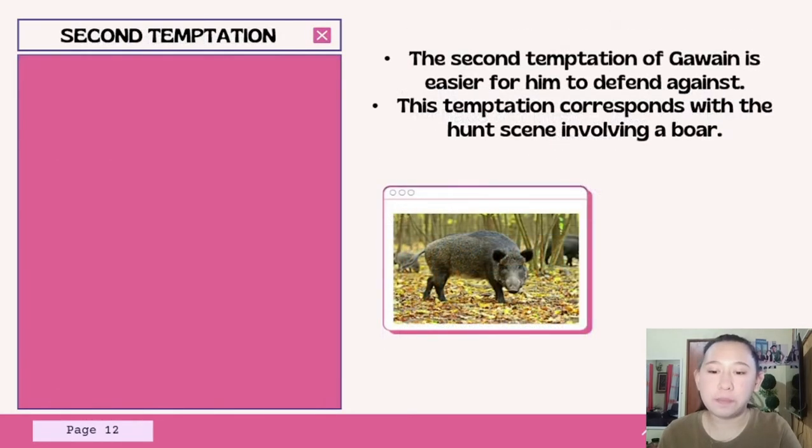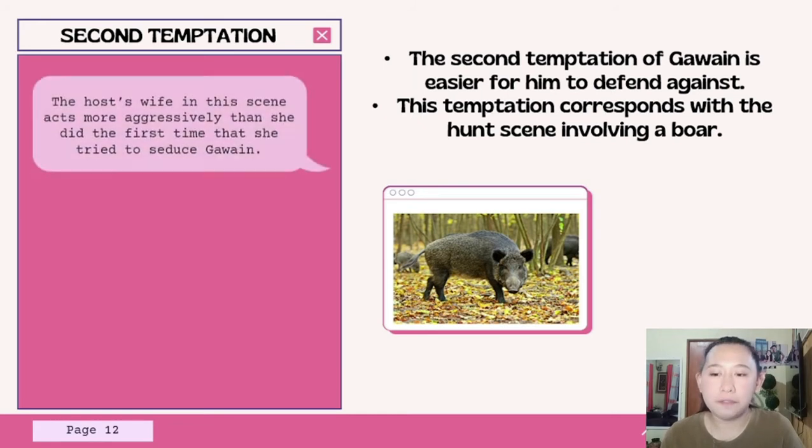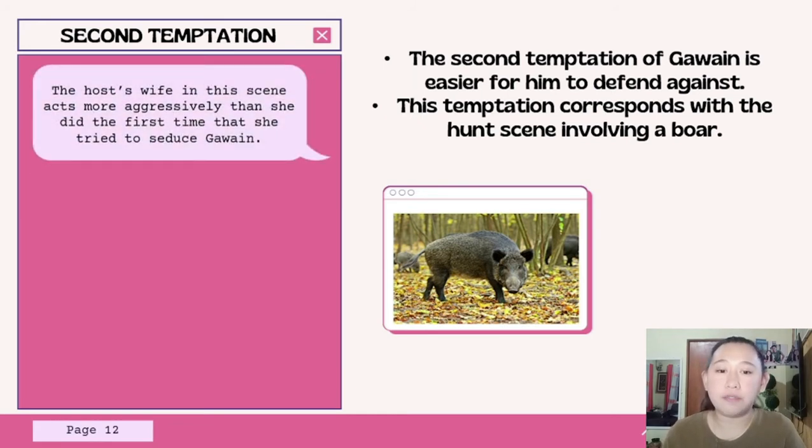The second temptation of Gawain is easier for him to defend against. This temptation corresponds with the hunt scene involving a boar. The wild boar is an aggressive animal, wounding many of the host's men and dogs before being fatally wounded by a slash across the throat by the host's sword. So the host's wife in this scene acts more aggressively than she did the first time that she tries to